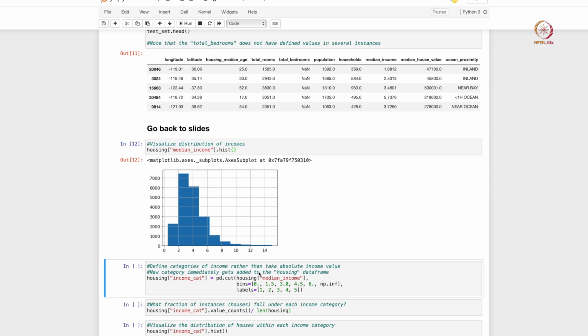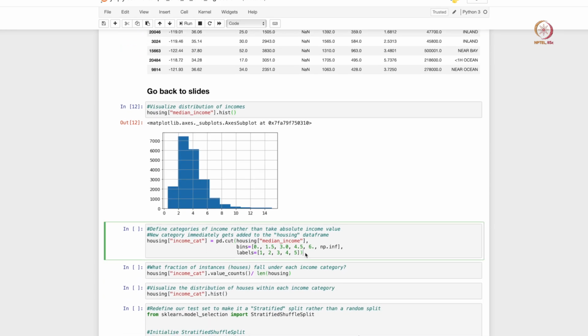So let us now try to categorize the median income into 5 different categories. I am going to call 0 to 1.5 one category, 1.5 to 3 the second category, 3 to 4.5 the third, 4.5 to 6 the fourth, and 6 to basically infinity as the fifth category. In case you are wondering how median income can be something like 14, it is basically a scaled unit.